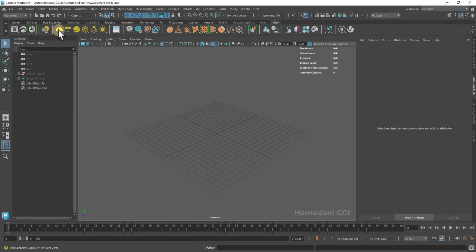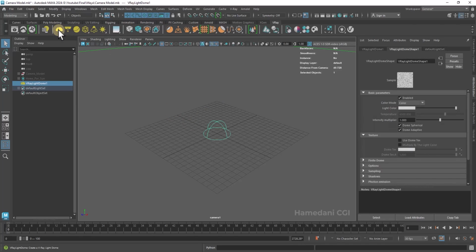Now I want to talk about lights in VRay. First is a dome light. It is an environment light that can be used for HDRI lighting. Let me show you. Select the dome light, and from Texture,